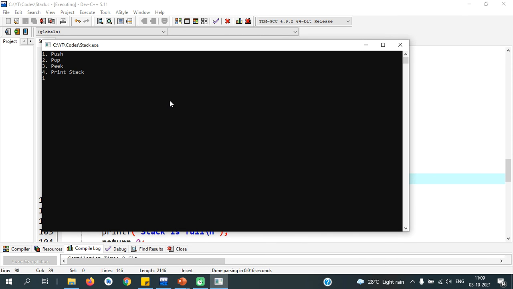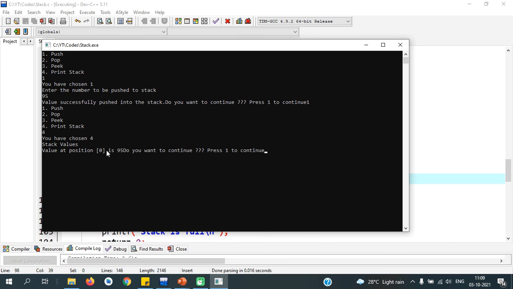Now I am going to push a value, 95, into the stack. Value successfully pushed into the stack. Do you want to continue? Press 1, yes. I need to check whether the value 95 is successfully pushed into the stack, so I will use the print stack function. I will choose option 4. Value at position 0 is 95.